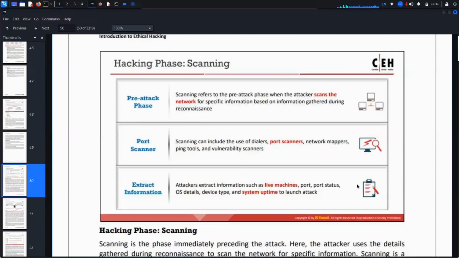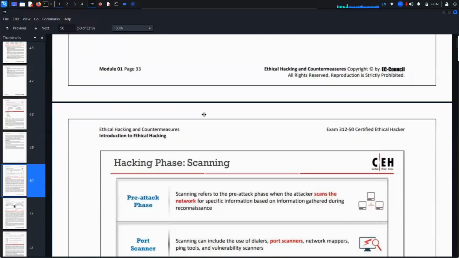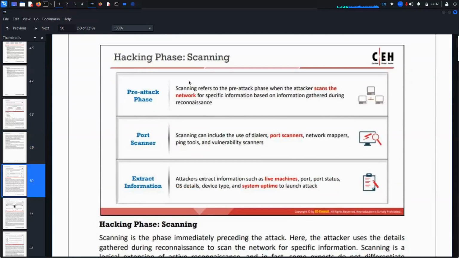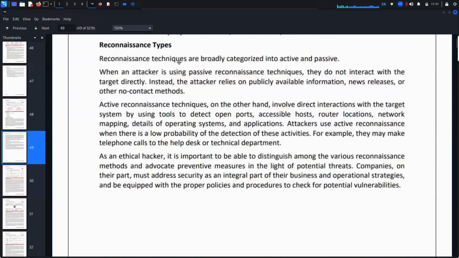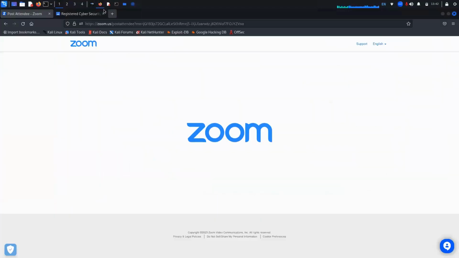Next comes scanning. Scanning is the pre-attack phase where it scans the entire network for specific information based on information gathered during the phase of reconnaissance. Now, the main data that scanning leverages from the reconnaissance phase is the IP address, right? So let's say, for example,